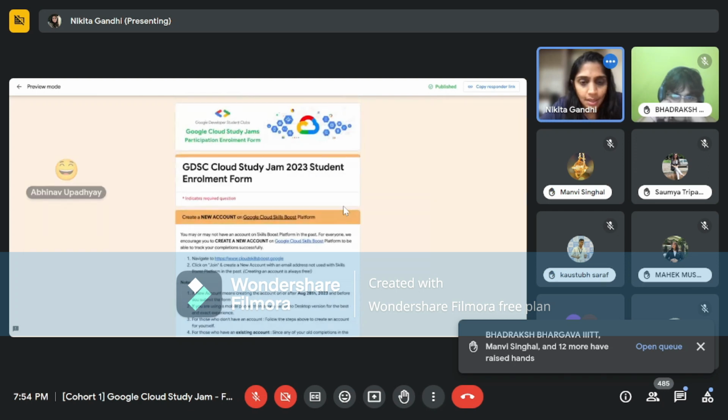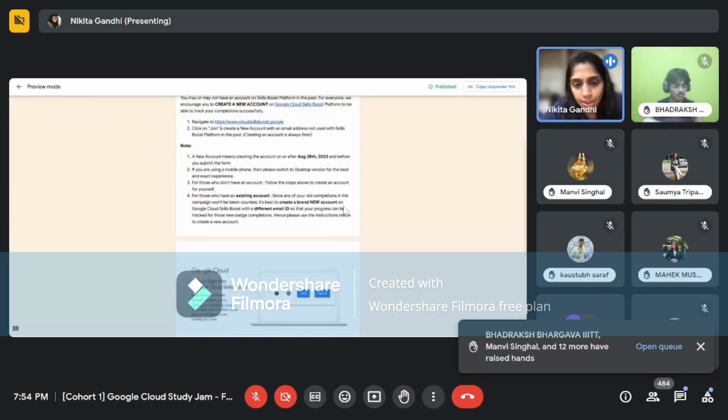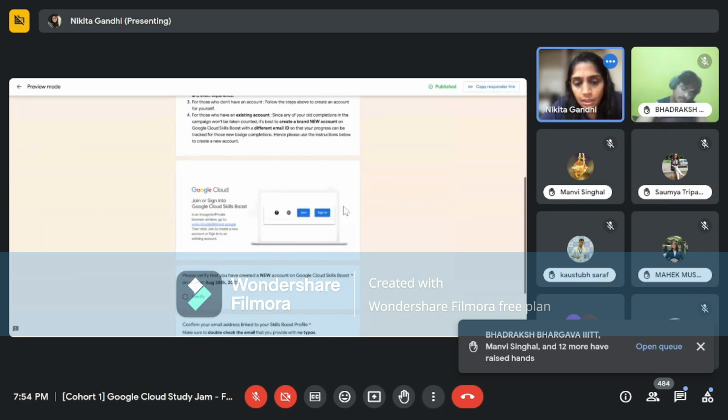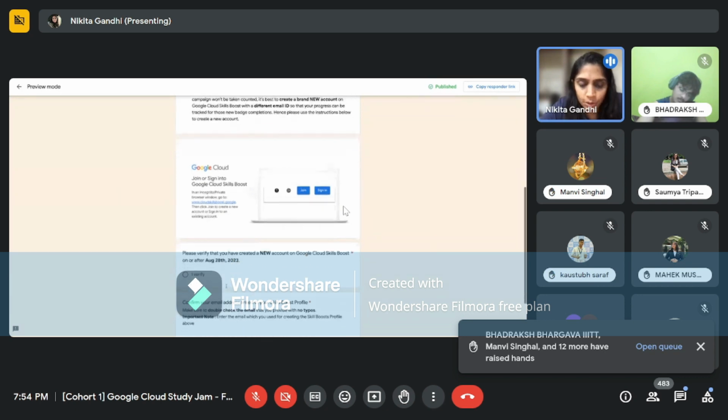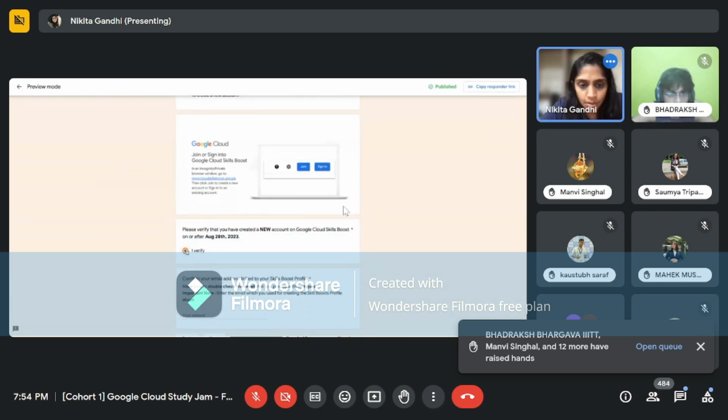Now, once I fill up the other details that are there, it will ask you to verify you created a new Google Cloud Skill Boost account on or after 28th of August 2023.